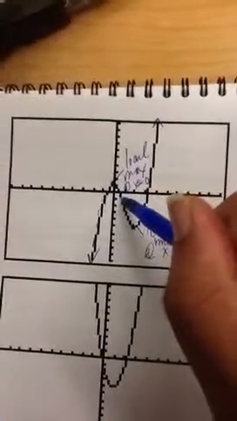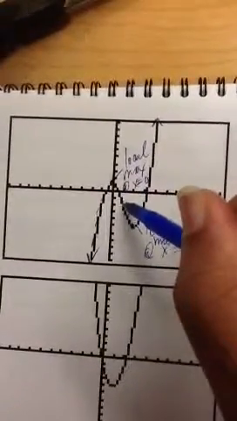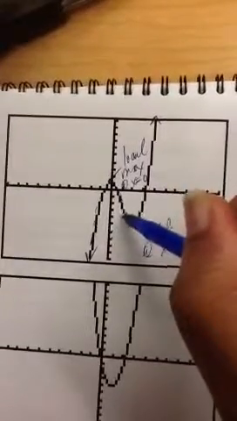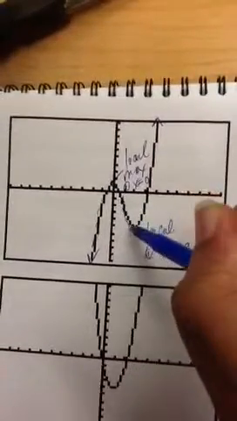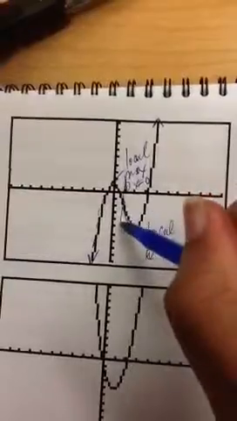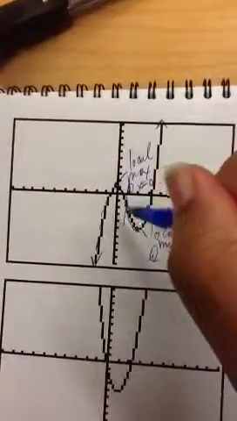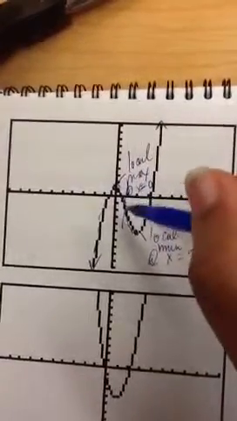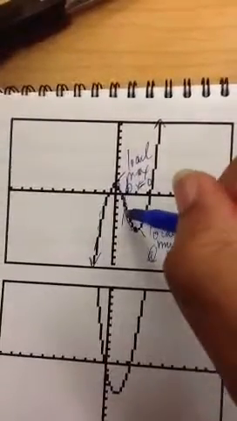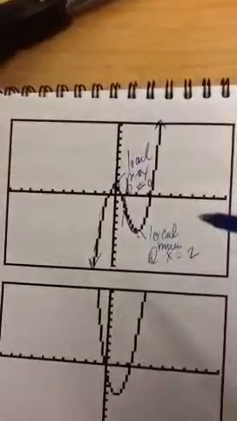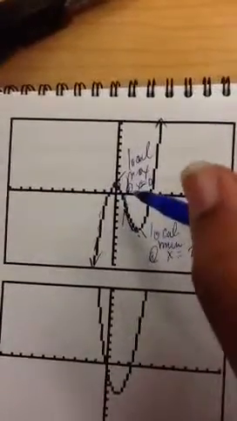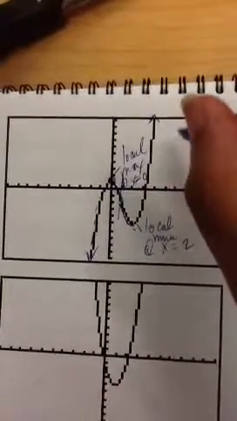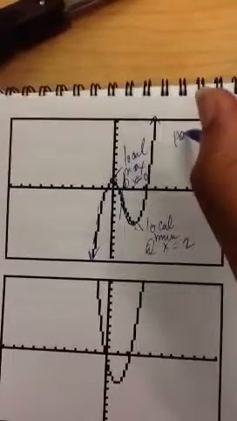After 0, it's still concave down until it gets somewhere around here where the concavity changes, and I believe that's at 1. If you look at x equals 1, all the tangent lines are above the curve, but once it gets past 1, the tangent lines are below. So I have a point of inflection